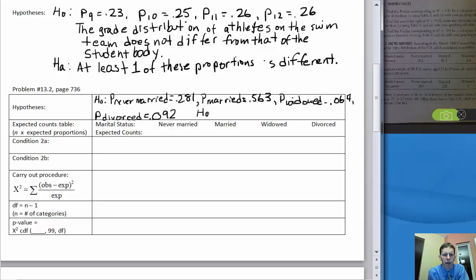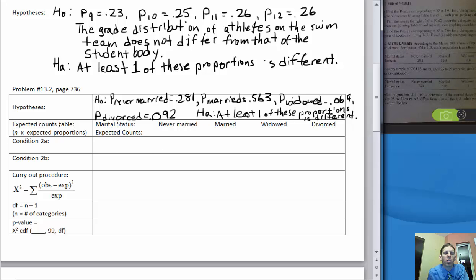For your alternative hypothesis, at least one of these proportions is different. For a goodness of fit test, you can always use this alternative hypothesis. When you're doing a chi-square test, when we start working with our conditions, we obviously want to check the random